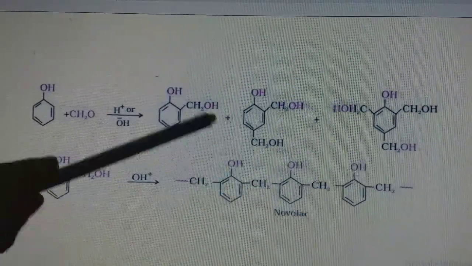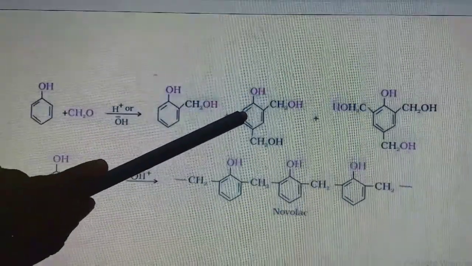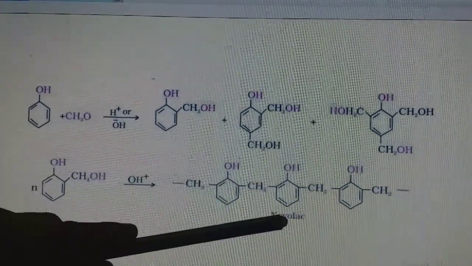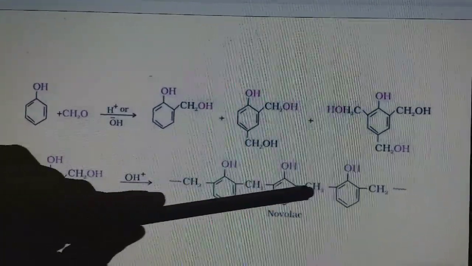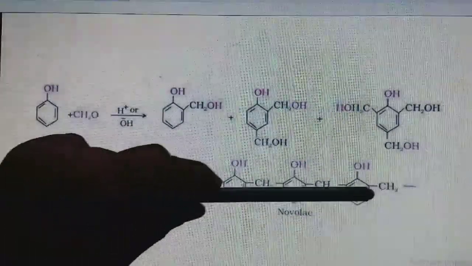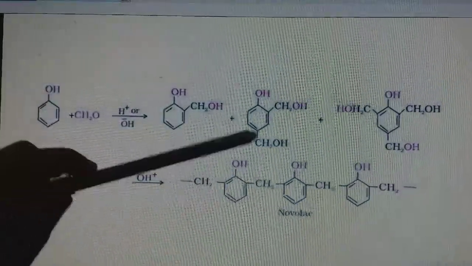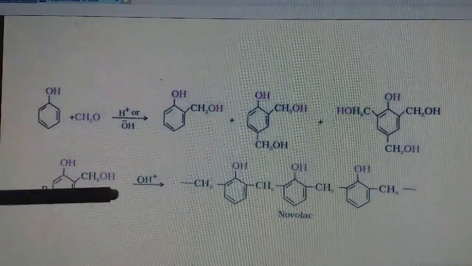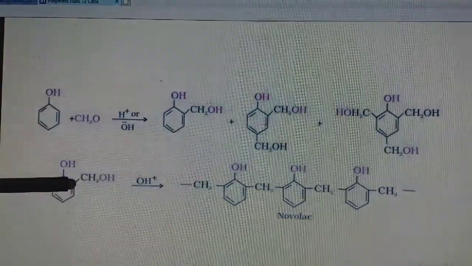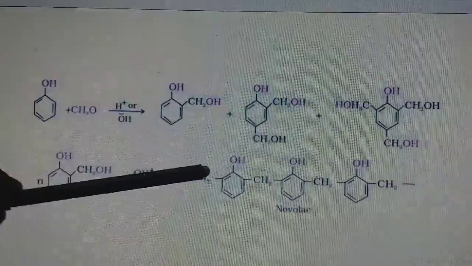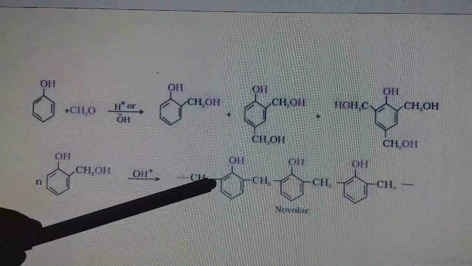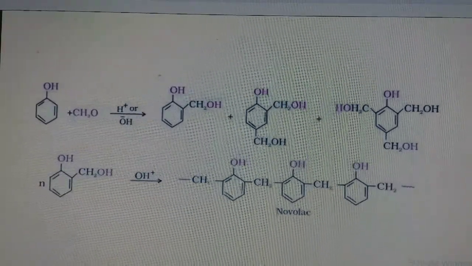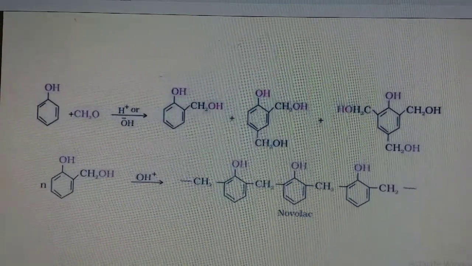Phenol is written with CH2. OH is removed from this and H is removed from the neighboring unit. And finally, what you get will be Novolac. It is a linear polymer. It is arranged in a linear manner and one unit is repeated. And condensation occurs between these units and OH is removed from this and the neighboring one H is removed. In the ortho position, here CH2 is there, water is released. So here also condensation occurs, you get Novolac.